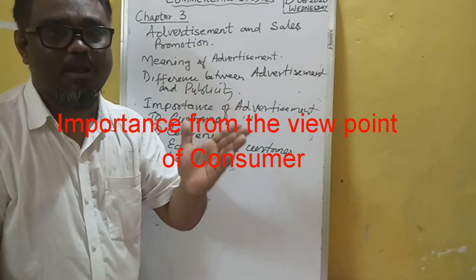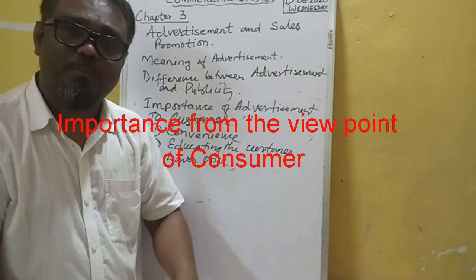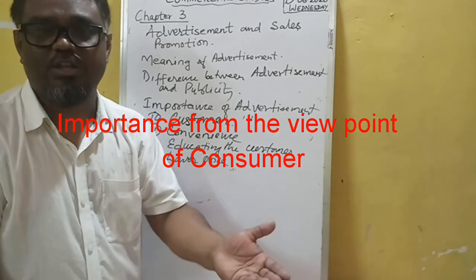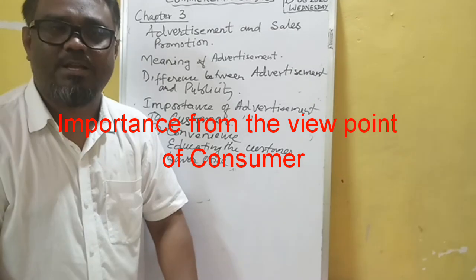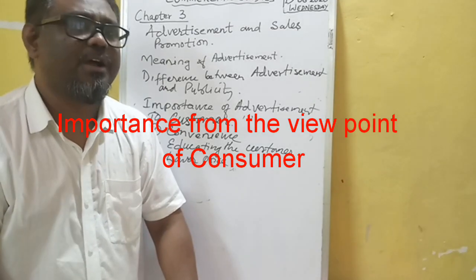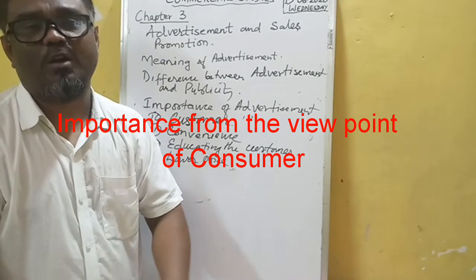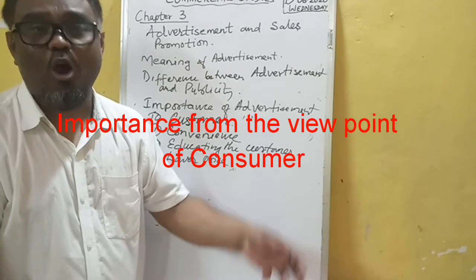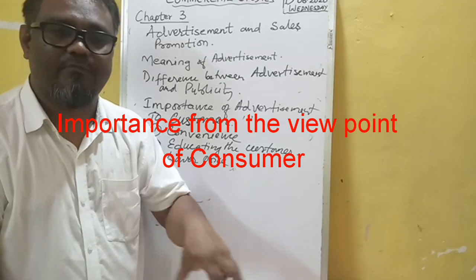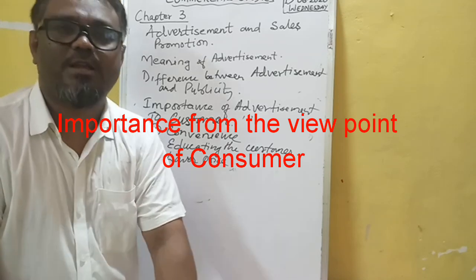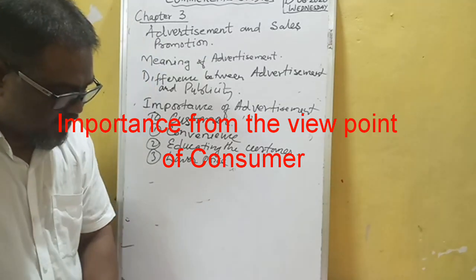Then when there is a huge sale in the market, there is more production. When there is more production, the cost of production will definitely fall. In this way, it is ultimately the consumers who benefit, as they get the goods at a reduced price. Because when the producer produces a huge quantity of goods, the cost of production falls. When the cost of production falls, the selling price will also fall. That's why consumers get the goods at a lesser price.